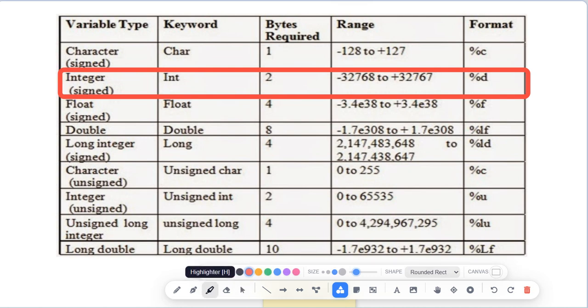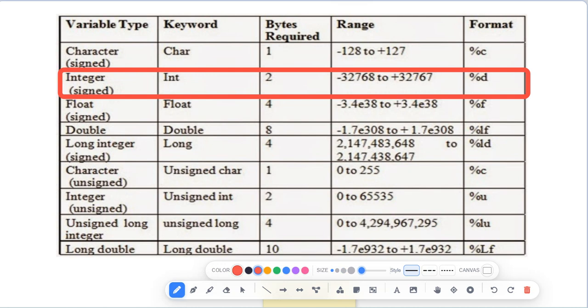Here he has given 2 bytes, but actually in advanced systems we get 4 bytes of data for integers. In the old one we get 2 bytes, whereas in the advanced one it uses 4 bytes of data. The range of it is minus 32,768 to plus 32,767. In between this range, this integer, for suppose